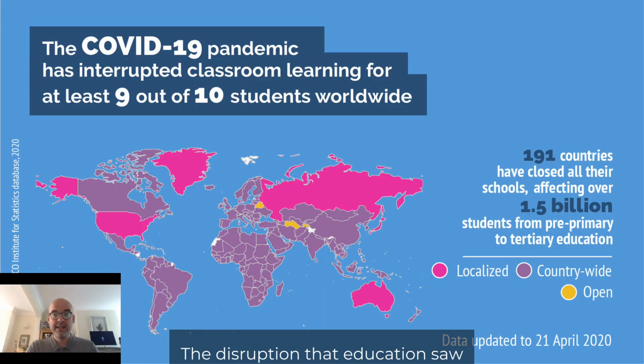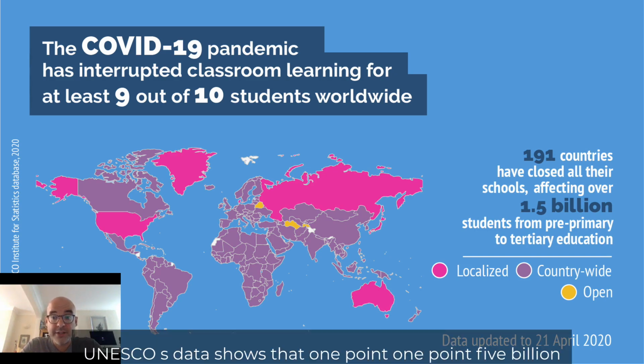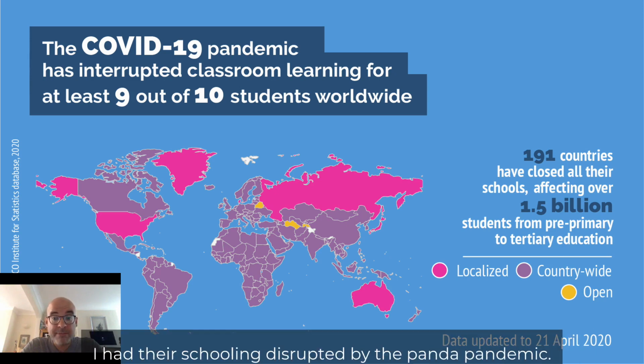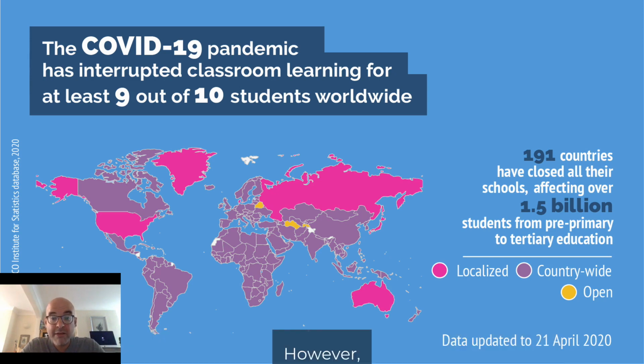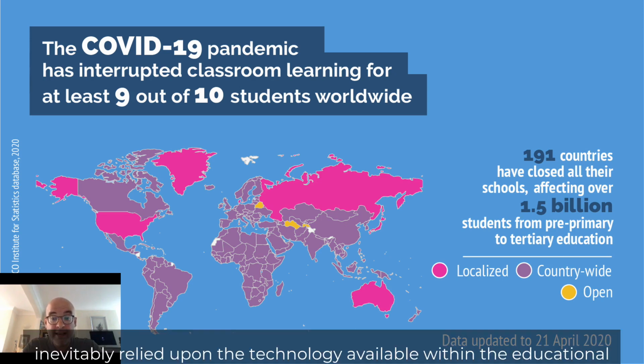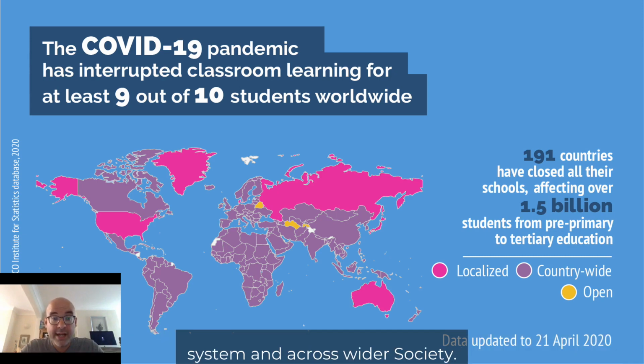The disruption that education saw worldwide was unprecedented. UNESCO's data shows that at one point, 1.5 billion students worldwide, from pre-primary through to tertiary levels, had their schooling disrupted by the pandemic. However, what this meant in practice varied immensely because distance learning in an unexpected crisis inevitably relied upon the technology available within the educational system and across wider society at the point where the pandemic